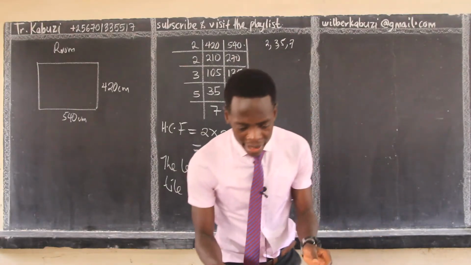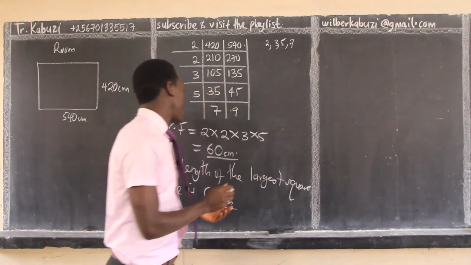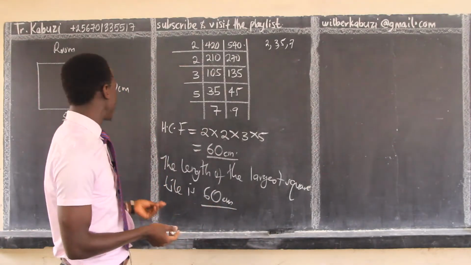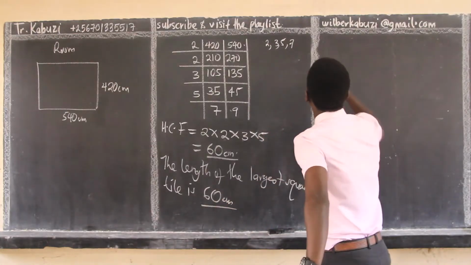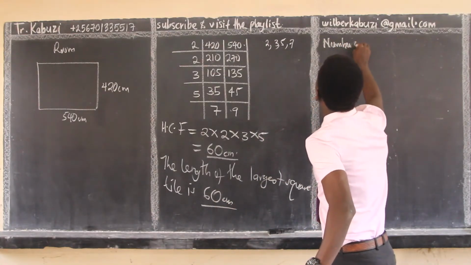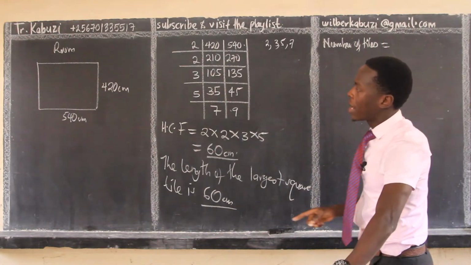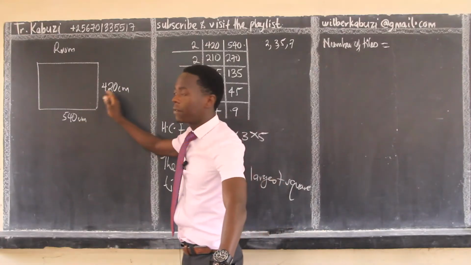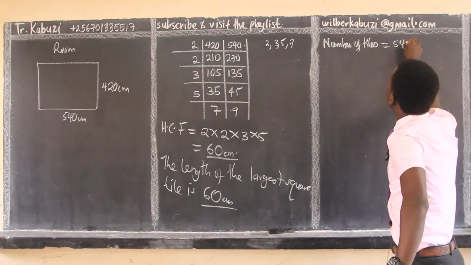Then they went ahead to ask us the number of tiles. To get the number of tiles, there are two ways. You say number of tiles. Here we get the area of the room, which is 540